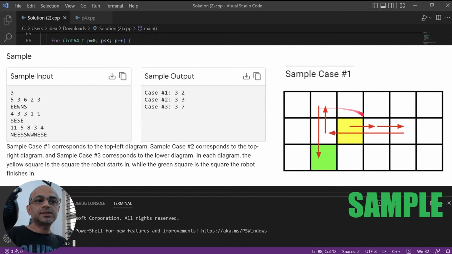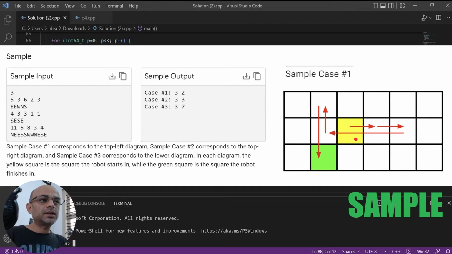You can see on the right side picture for the sample case 1. We have 3 rows and 6 is the number of columns. Then 2 and 3 are the initial positions, that is the second row and the third column, which is in yellow color, is the starting position of the robot.